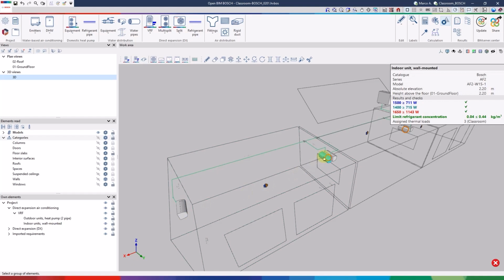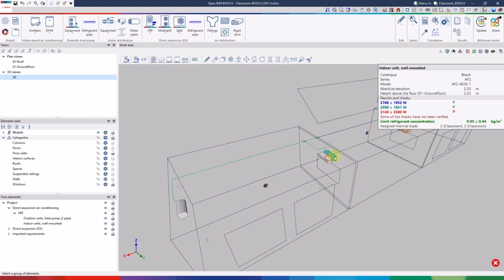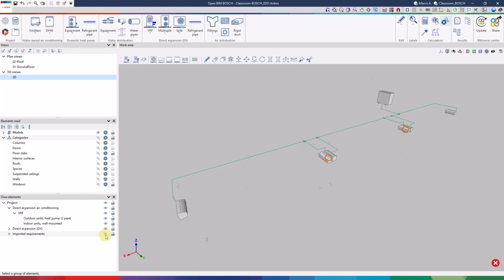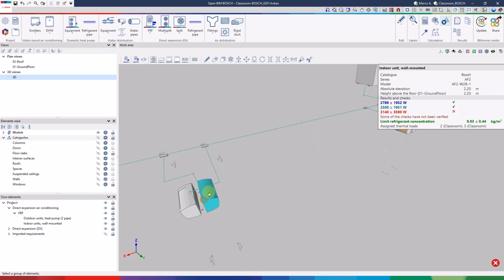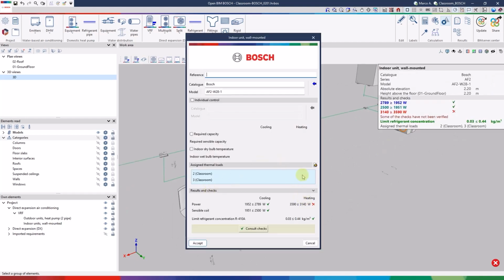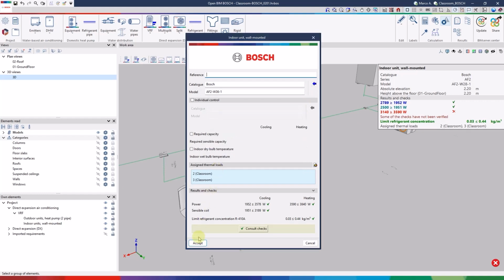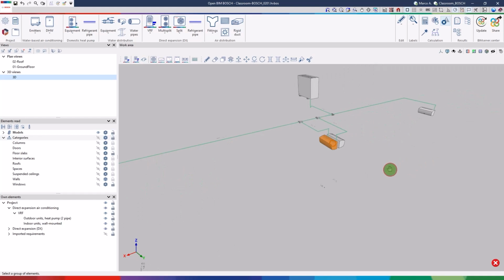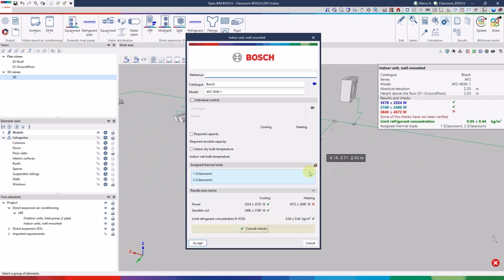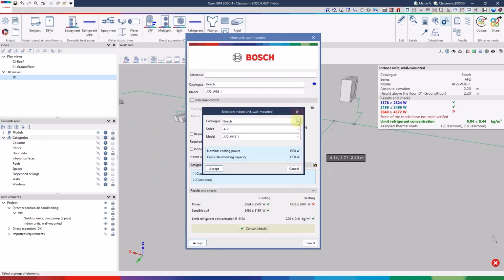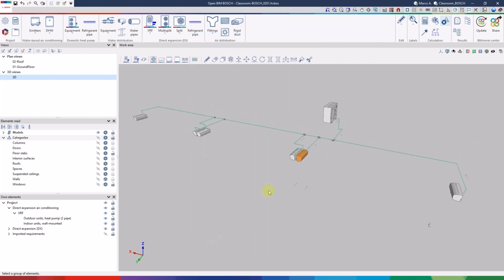This is because the program, within the series, assigns the minimum units necessary to cover the thermal needs of each space. We can see how different models have been assigned, and even how the outdoor unit has been resized to a lower size. We may get some partial errors of uncovered demand. To solve them, we can manually choose the best balanced solution, which will allow us to solve all the errors.